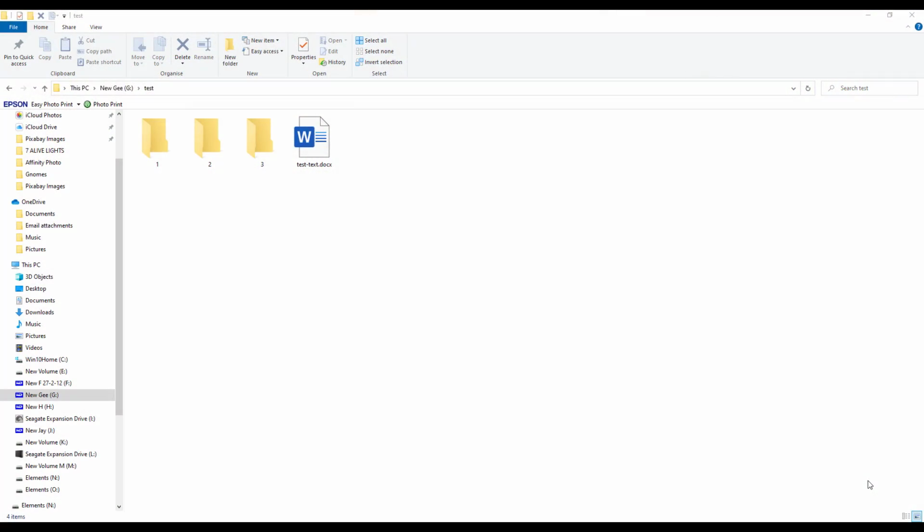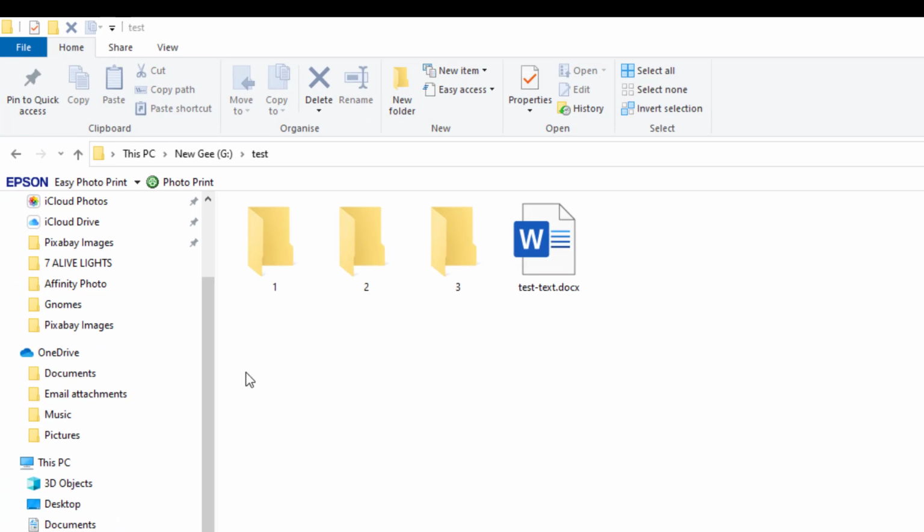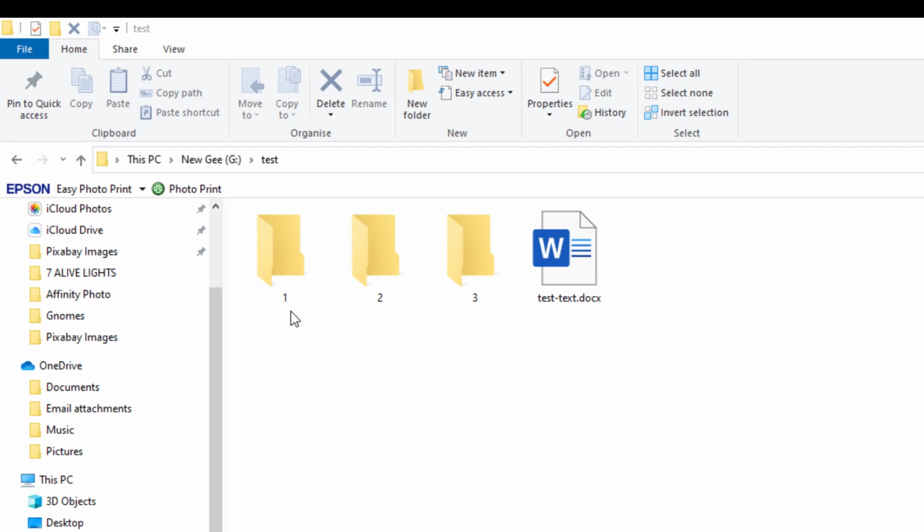Hello and welcome to this Affinity Software tutorial, which is aimed at beginners, not just to photo editing but possibly to computing as well. And we're looking at copy and paste, or cut and paste. Copy and cut are just versions of the same sort of thing but do things slightly differently. So as an example, I've set up these three folders here, numbered 1 to 3, and I have this text